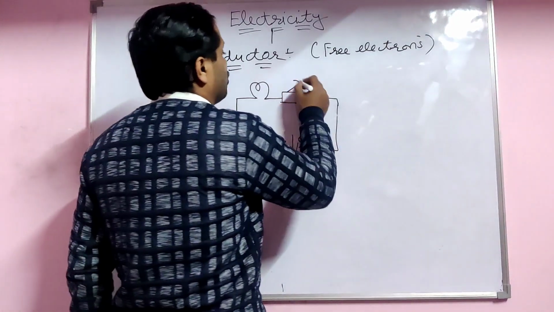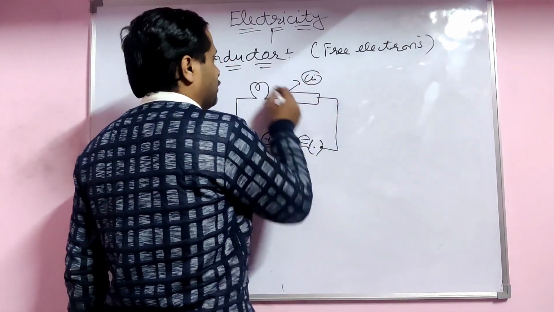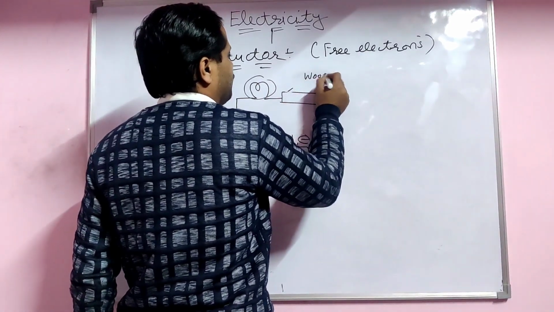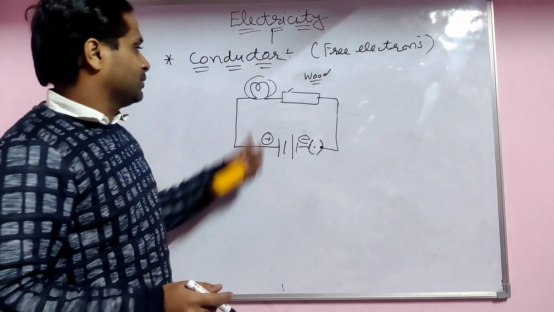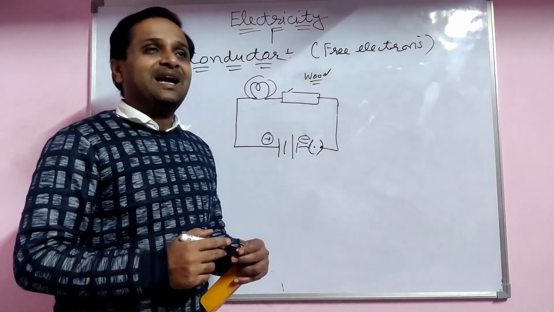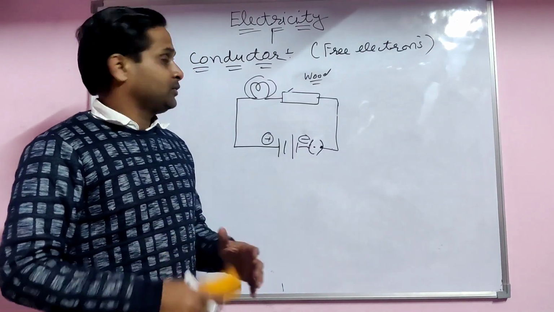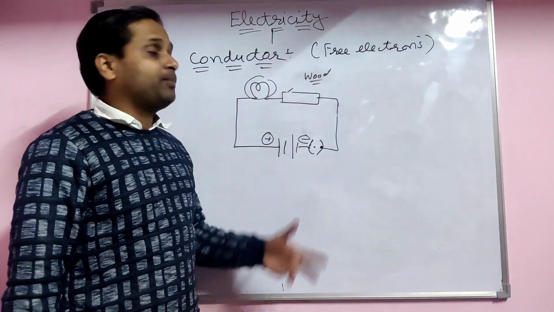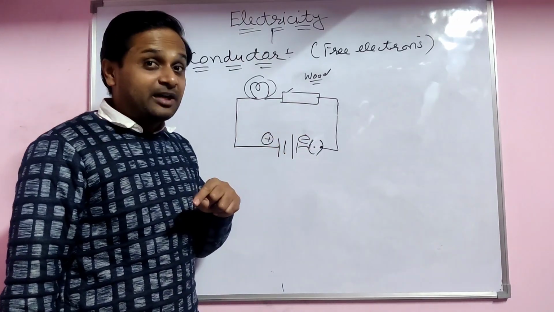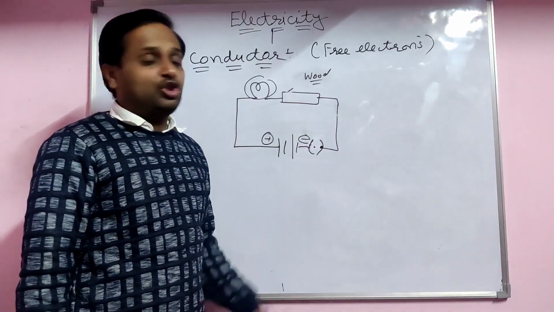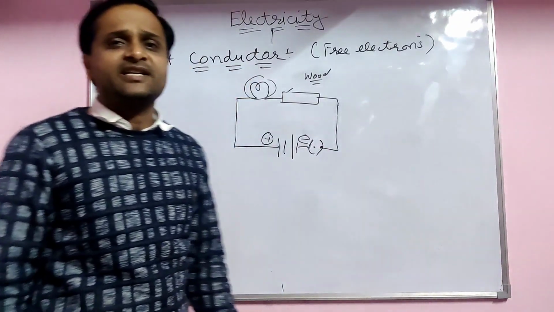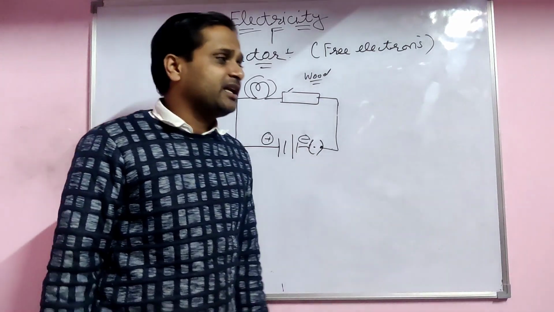For example, when you connect a copper wire, then the current flows, the bulb glows. When you put a piece of wood, a non-conductor, the bulb does not glow. Plastic, the bulb does not glow. Any metal thing, the bulb glows. And a non-conductor, the bulb does not glow. A pencil sharpened at both ends has graphite in it, so the bulb glows. So this is the second activity, a way to know which thing is a conductor and which thing is not a conductor.